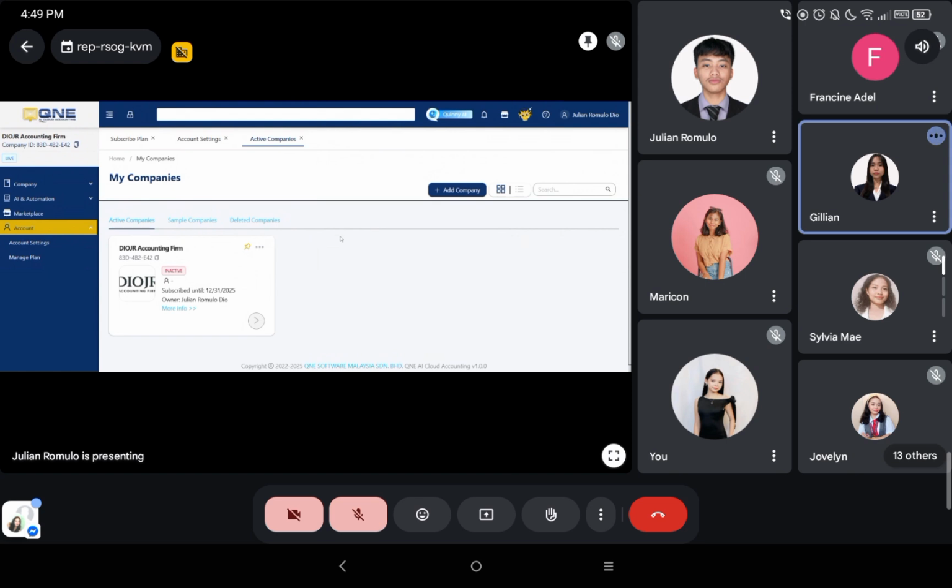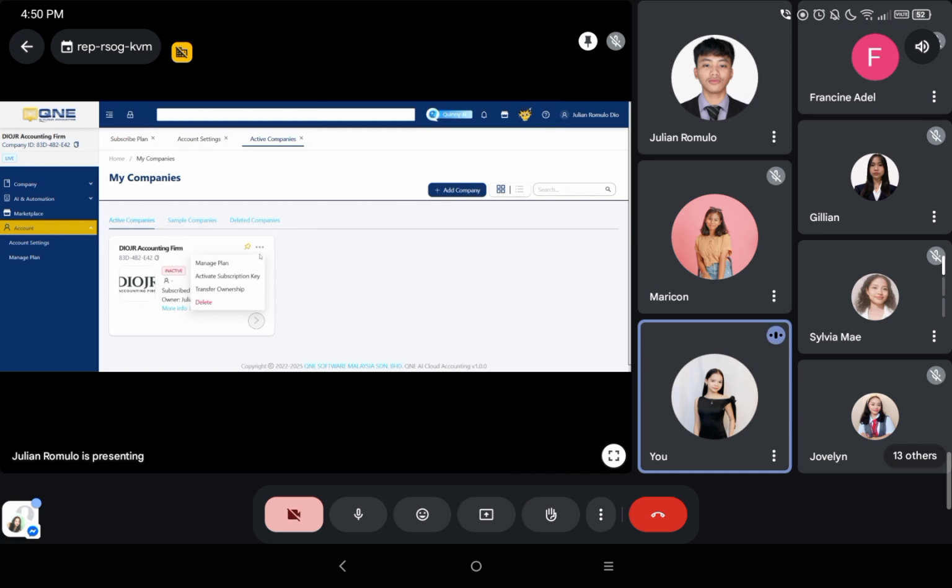Now, si Miss Agutira na po. After clicking the button My Companies, you will be directed to your company. And to activate your company, click the 3 dots beside your company name and choose Activate Subscription Key.